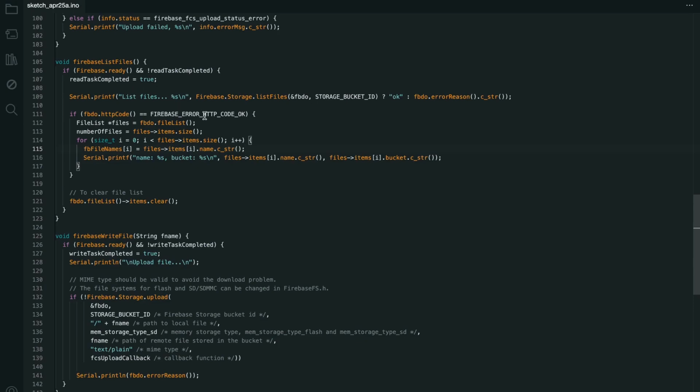The first thing that we do is we call this firebase.storage.listFiles with that data object as well as the storage bucket ID. This is just written in a way so that either I get an error or I just print OK, but basically I'm calling this method here to fetch all the references to the files on Firebase. And as long as I get a 200 level HTTP code, which just means things are all right, I'm going to get the array of files, this kind of file list, pointer files, whatever, don't worry about it,